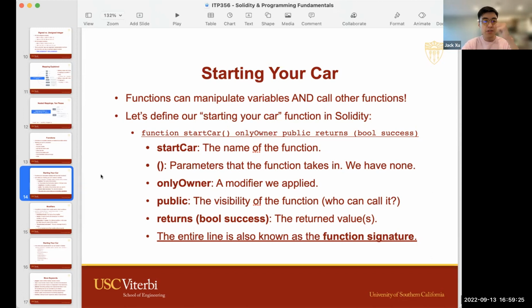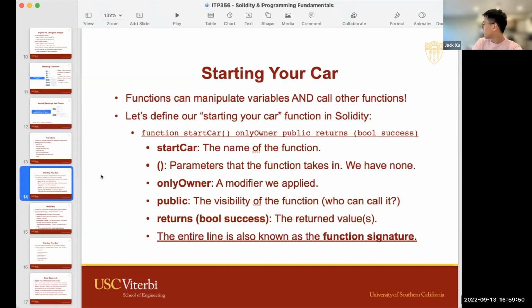And then we have external. External means that only entities outside of the current smart contract can call it. So code within the same smart contract cannot call start car if start car is external.